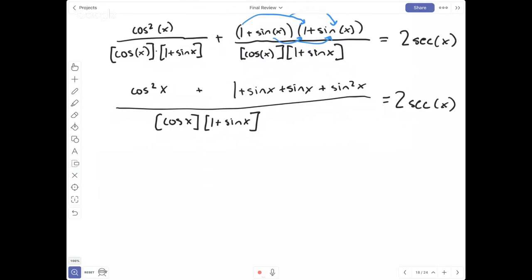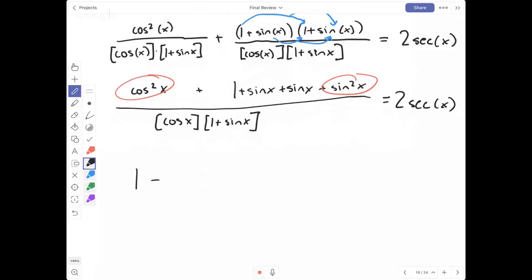Okay, I now see that I have a cosine squared and a sine squared. And of course, I think to myself, cosine squared plus sine squared, well, that's just the Pythagorean identity. I know that x squared plus y squared will always equal 1 on the unit circle because I know that a squared plus b squared equals c squared. So I'm going to say cosine squared plus sine squared must make just 1.